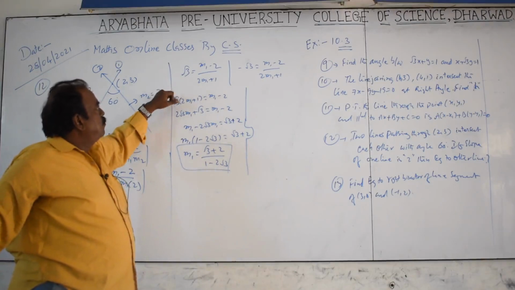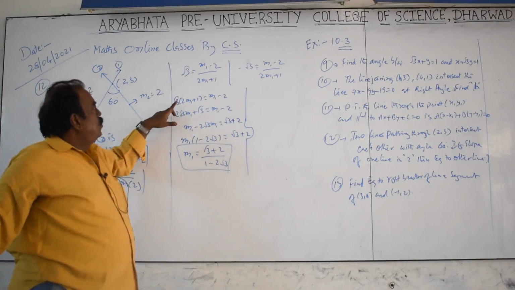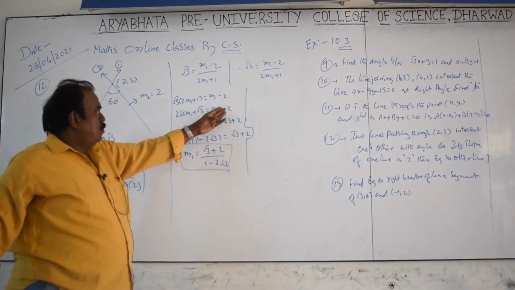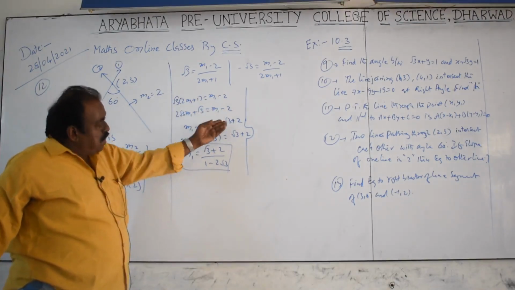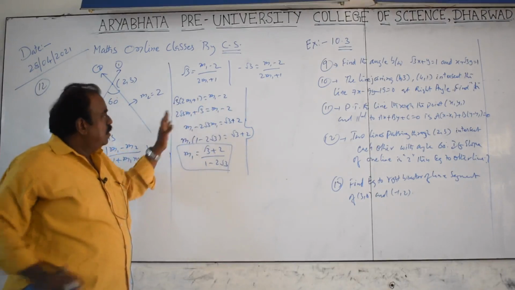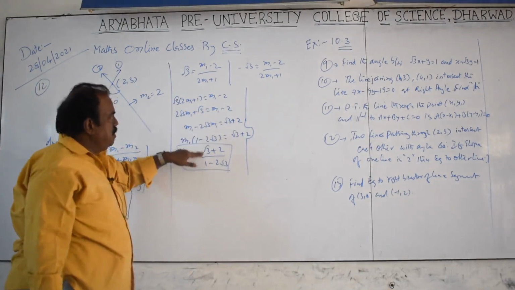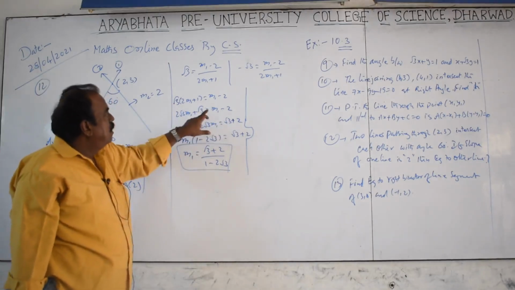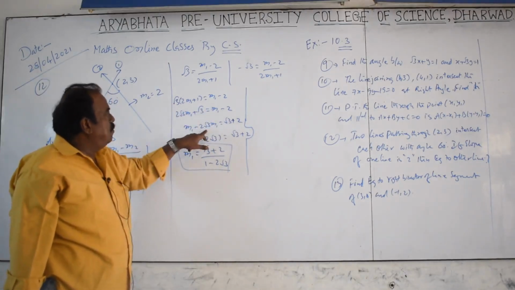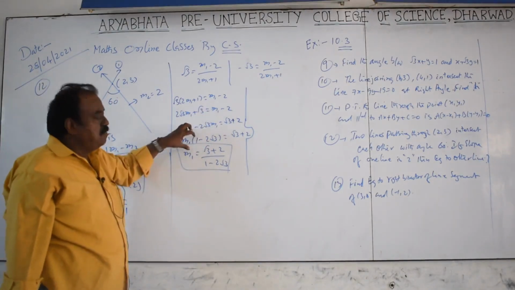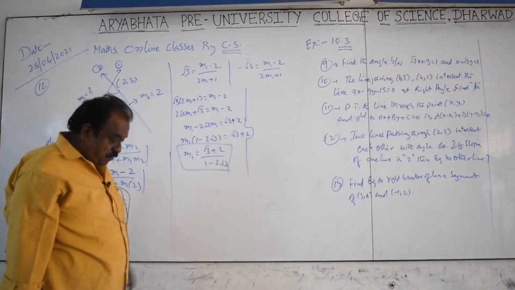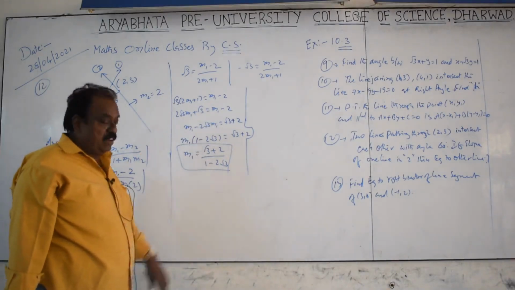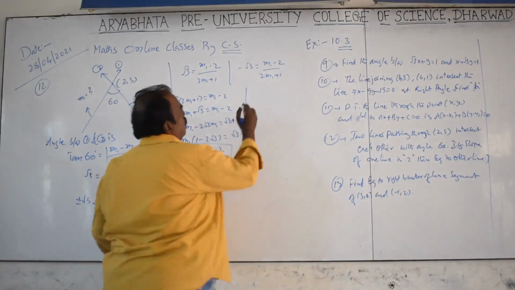This is arithmetic. Root 3 into something is m1 minus m2. 2 root 3 m1 plus root 3 is m1 minus m2. Thus the 2 comes to this side, but I am writing here only. Don't confuse. It is arithmetic, root 3 plus 2. Here m1 minus 2 root 3 m1. Variable is always in LHS. Try to understand it. By taking m1 as common, 1 minus 2 root 3 I am sending to the side. And here also the same thing.